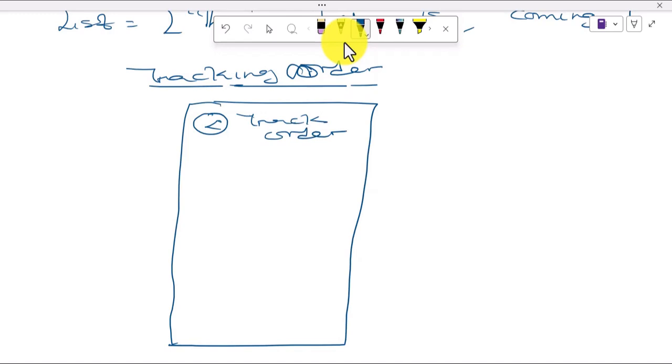We are going to be having the product name, which will be here. And of course we can have a label for the product name, and we are going to be having all the status of our order, which is